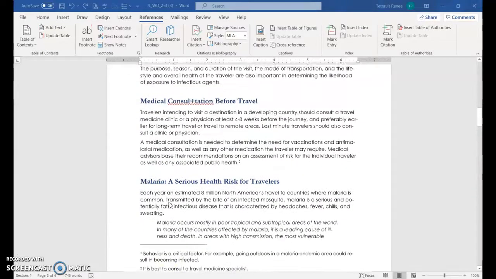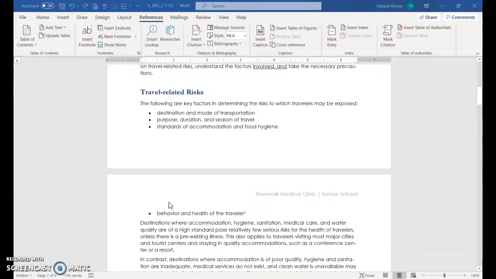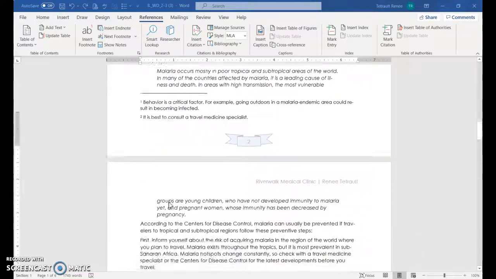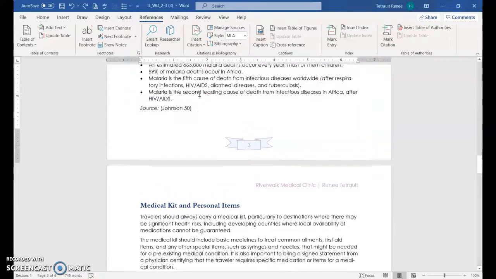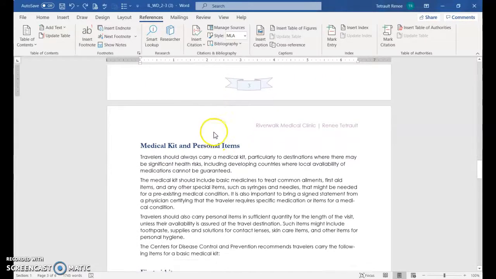So the last one we would have completed was source. Just want to show you that one right there. Make sure that that's okay. And it has a page 50. So the next one we'll do